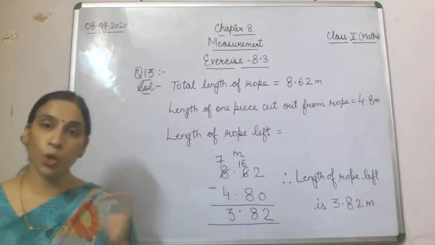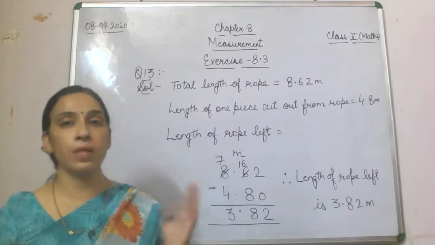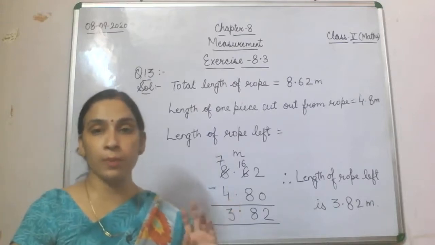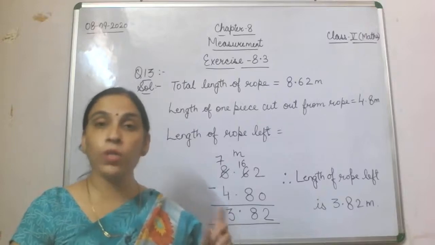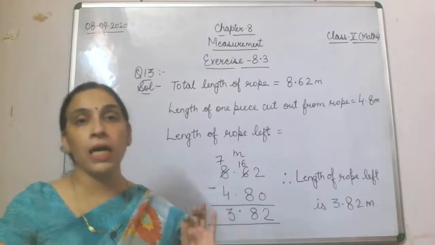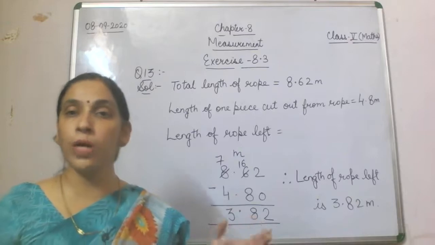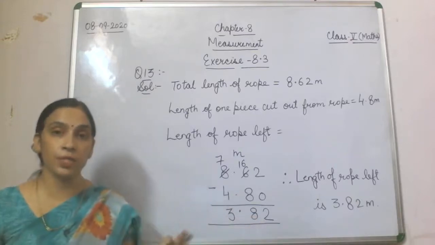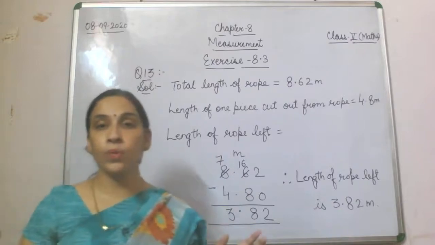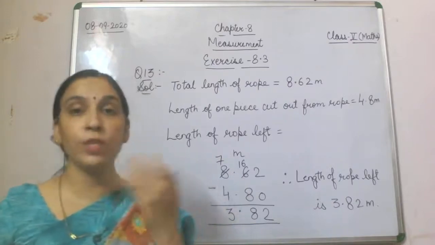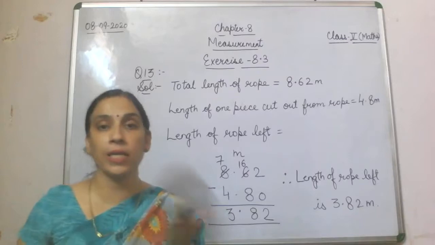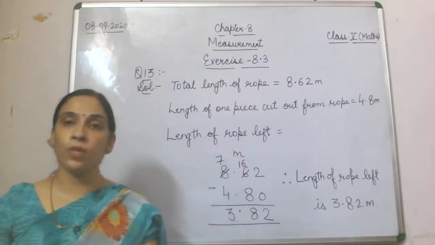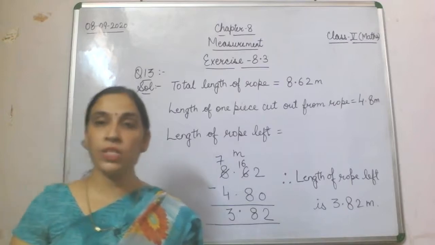So tomorrow we are going to start with question number 14, in which we are supposed to do both addition and subtraction. Today we are going to finish our class here, and what is your homework? You will do the word problems of exercise 8.3 as well as subtraction sums. And we are going to take doubts. In fact, we will do this exercise 8.3 again in our online class, and we will see how clear the concept is. So we'll finish our class here.